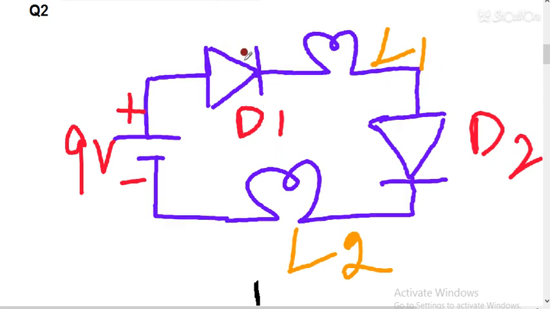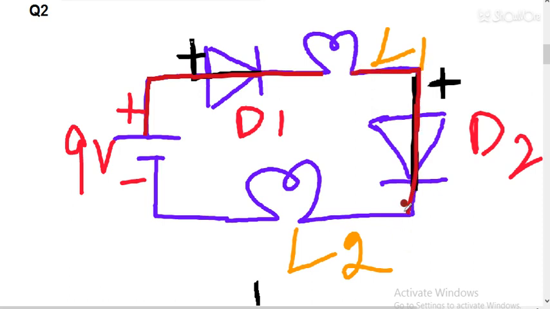So you can see positive voltage will go here and this diode will be forward biased. Then again positive voltage will come here, so it will be forward biased again. So the whole circuit of the battery is completed, then the light, then again this is a completed circuit. So that means the lights on that path will all glow.